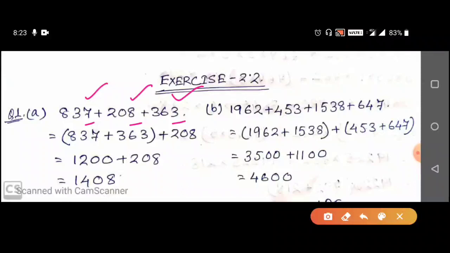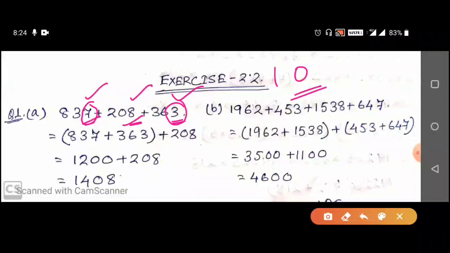Now combine any two of these three digits and see where you get 0. Now see, if you add 8 and 3, we get 11, we don't get 0. If we add 7 and 8, we will get 15, not 0. Now think of 7 and 3. If you add 7 and 3, we get 10. That means we have a 0.